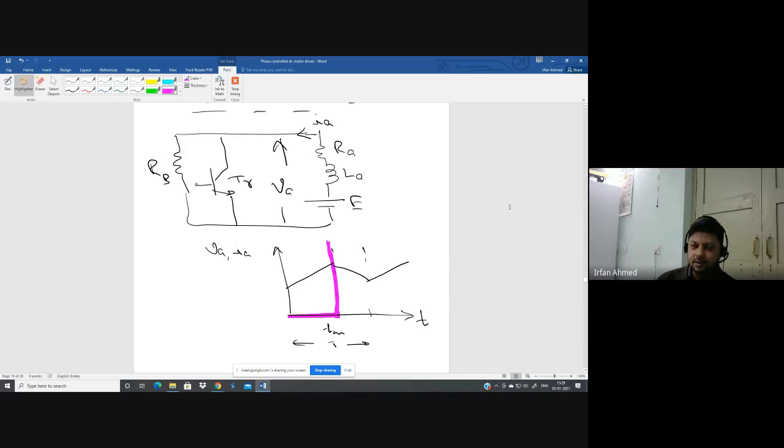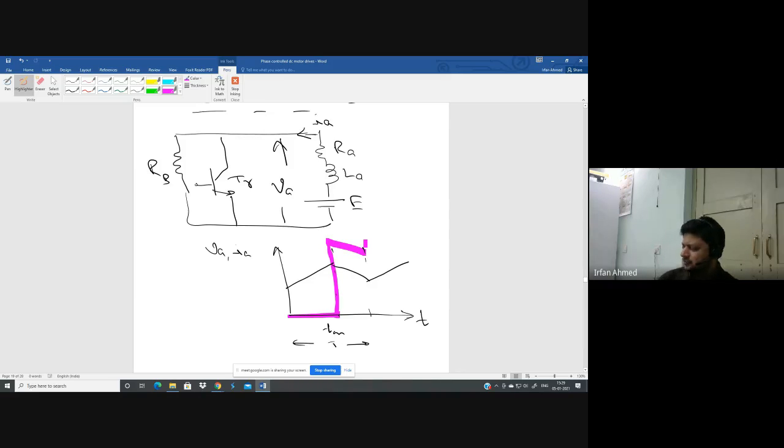And if we are assuming that E is constant throughout this period, for this small time duration, the chopper time is very, very small, in the range of milliseconds or microseconds. So if we assume that E is constant during this period, then as the current decreases,